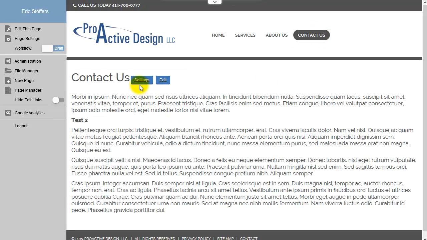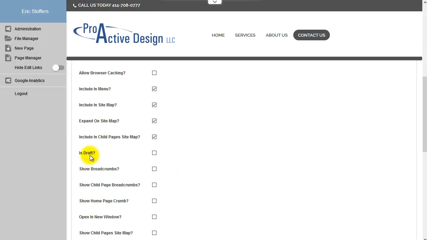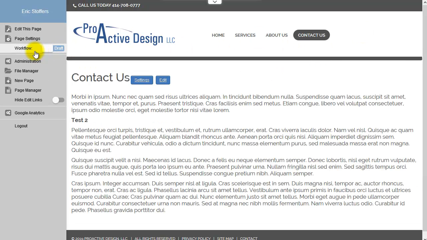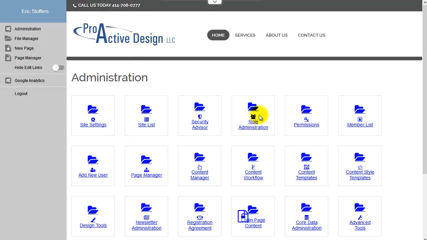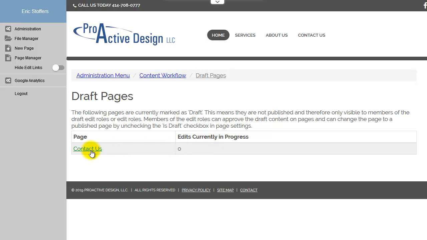So a draft mode page, if you go under page settings, there's an is draft option. And what this does, however, is hides the entire page from view. So if I were to log out right now, you would not see the contact page because under page settings, the draft is selected, and therefore if we go under content workflow, draft pages, you're going to see the contact page